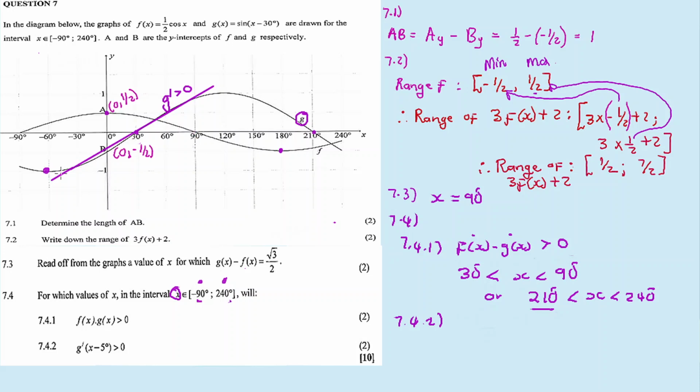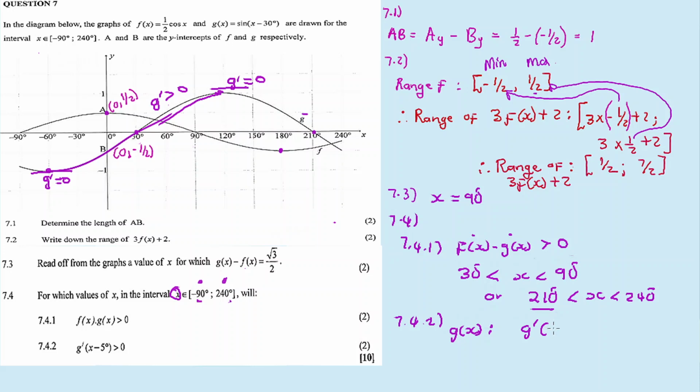No, look here. It starts here, at 60, after 60, my gradient increases. It goes up. Maybe it makes sense: here it's 0 because g prime equals 0. It's a turning point. Here it's also a turning point. g prime equals 0. But when I move from here, I start going up, meaning my g prime is greater than 0, right? So for g of x